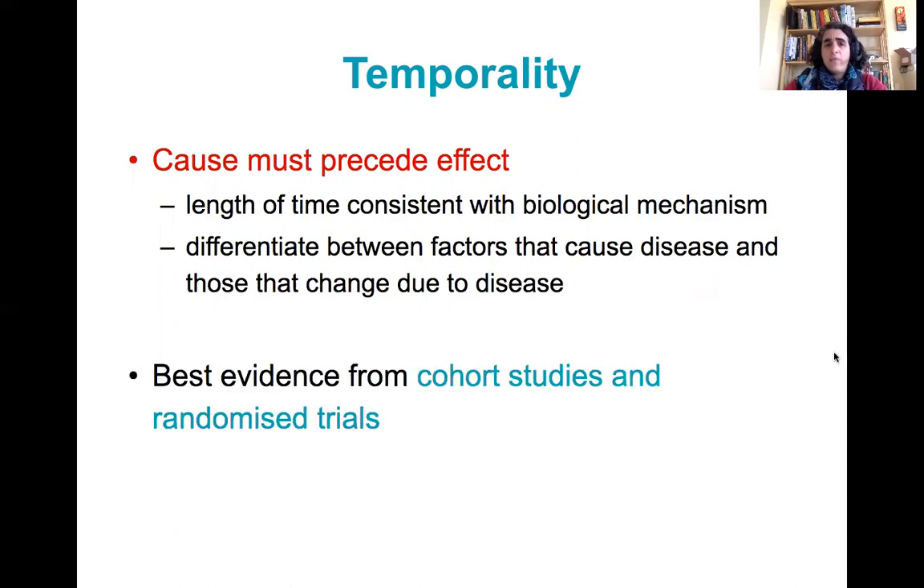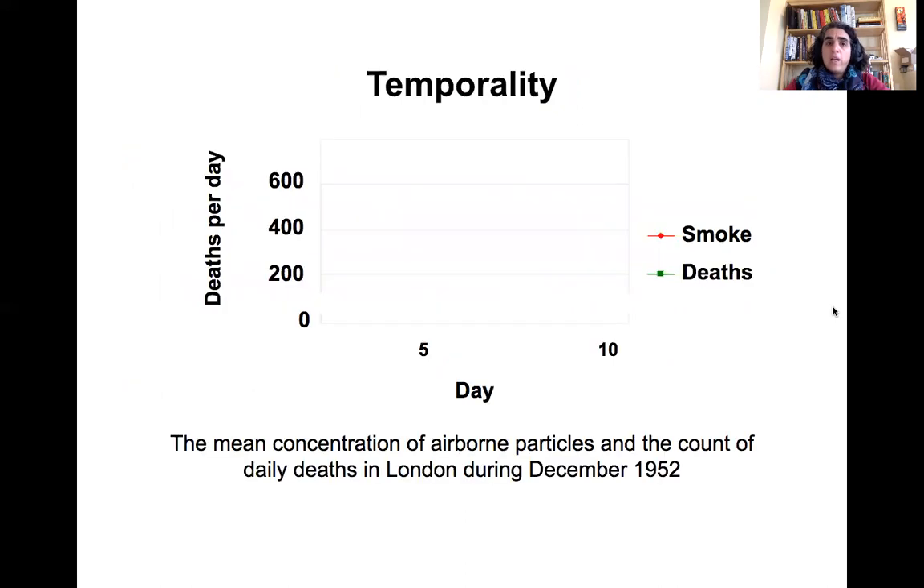The best evidence for temporality comes from cohort studies and randomized controlled trials, because those are prospective and you really can see what the exposures were and then what develops over time. But even with that, you have to, let me look at an example. This is some data where we have